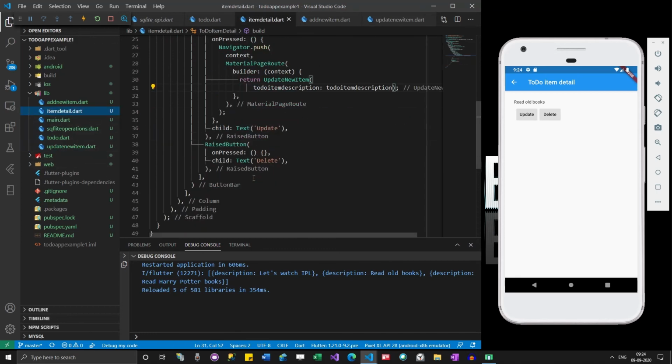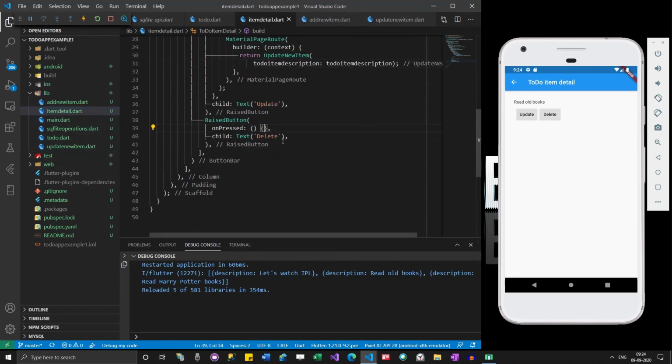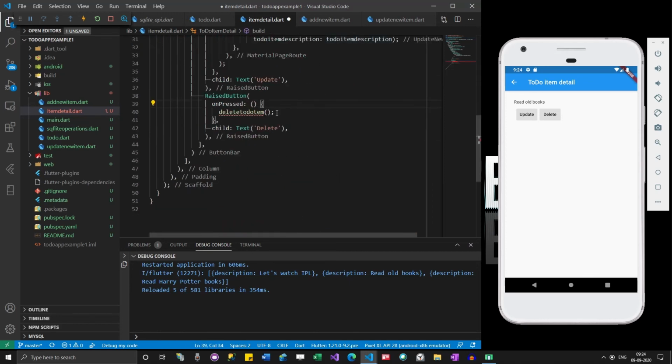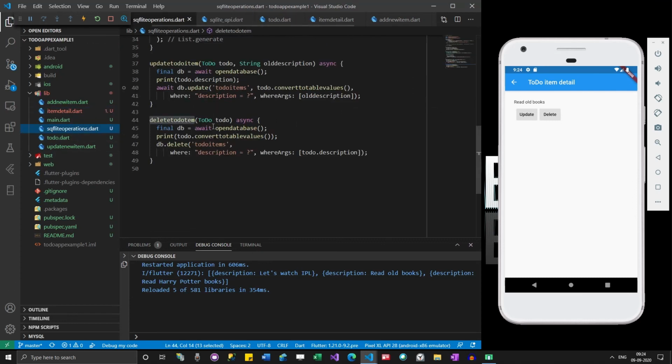Wherever I'm going to use it, like in item detail, here I have this delete button. I just have to call this with the to do item. Here I have a to-do description, so let me pass the to-do description itself, and then change it slightly to string to do description. Let me remove this one as well.